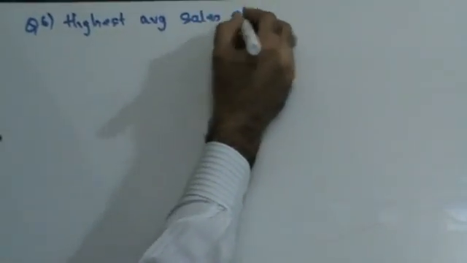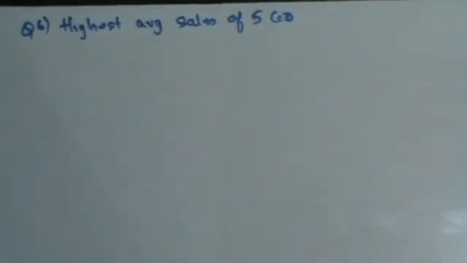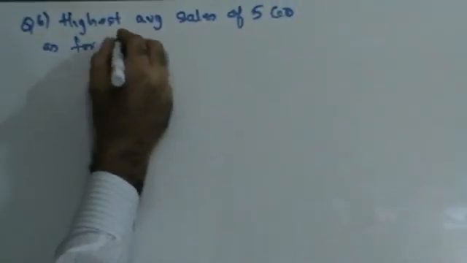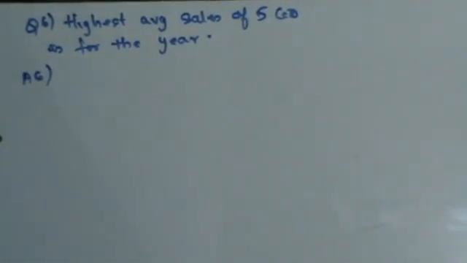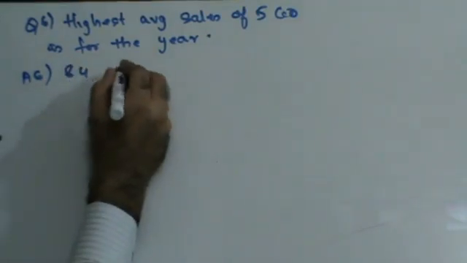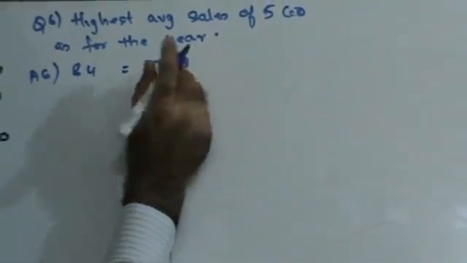Next, let's see question 6. Question number 6. The highest average sales of the 5 companies is for the year... I have to find out the highest average sales of 5 companies. Now see, for the year 84 it is going to be 3689